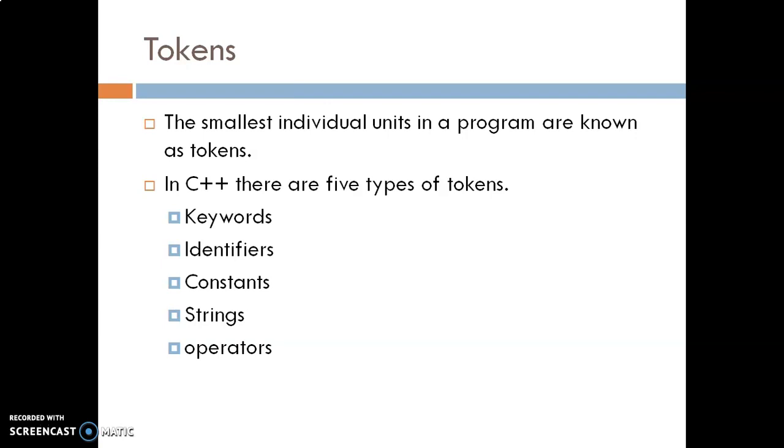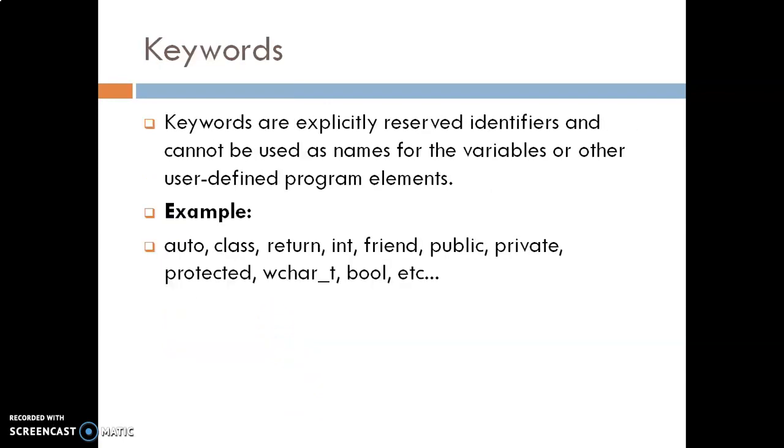Then it can be a keyword, then it can be an identifier. Identifiers are synonyms for variable. Then constants, strings, operators. These things we are using to create a source code, and these are nothing but tokens. So it is a collection of keyword, identifier, constant, strings and operators. Everything that we are using inside the program is a token.